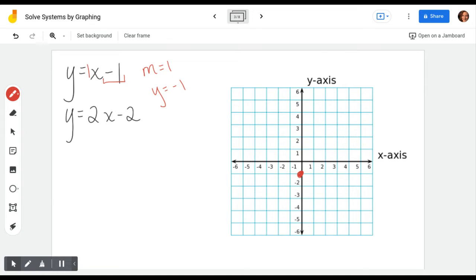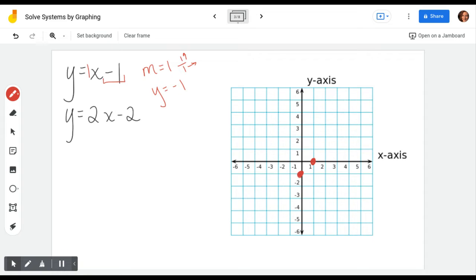Now from there, my slope is a +1. I'm going to turn that into a fraction. Just put a 1 on the bottom. Positive tells me up and right. So when I teach how to graph with slope intercept, usually I have you do one new point. So from this one we just made, up 1, right 1. And then I tell you to graph your line, draw your line that goes through the points, past the points,